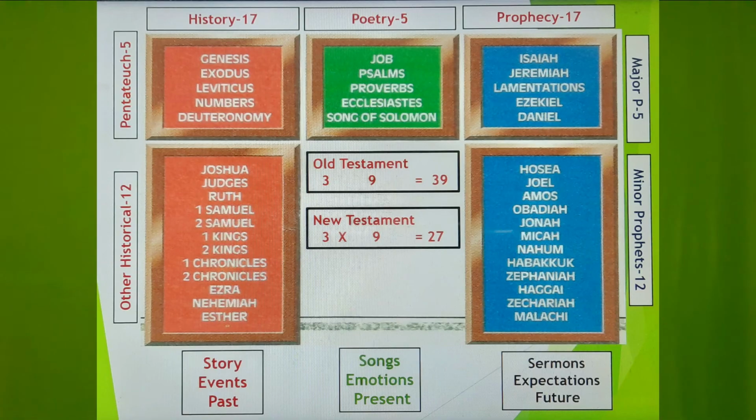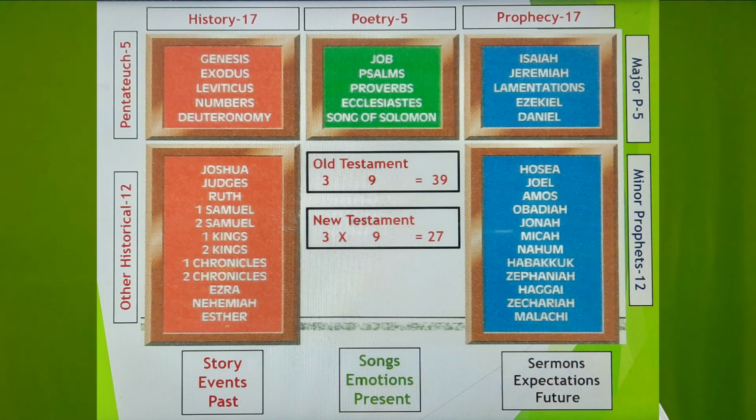Look at this. So a lot of things are there. This is the structure of the Old Testament. From left to right there are 3 shelves, and the first 17 books in red mark are historical books, 17. Next, green is poetical books, 5, and prophetical books, the blue color, 17. And on both sides the first 5 books, especially Genesis to Deuteronomy, are called the Pentateuch.